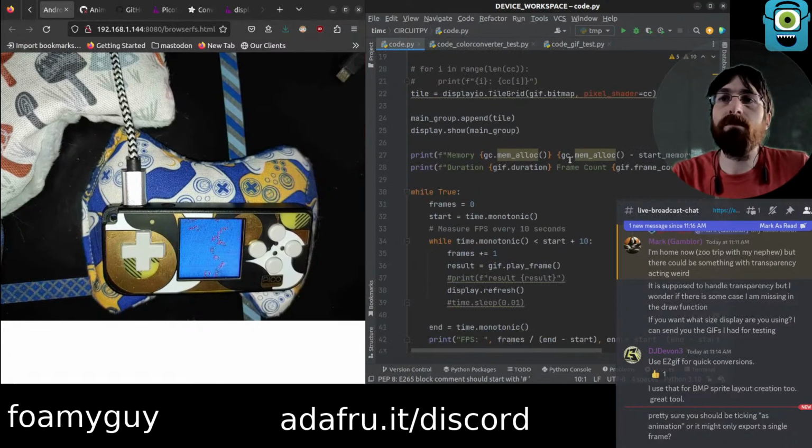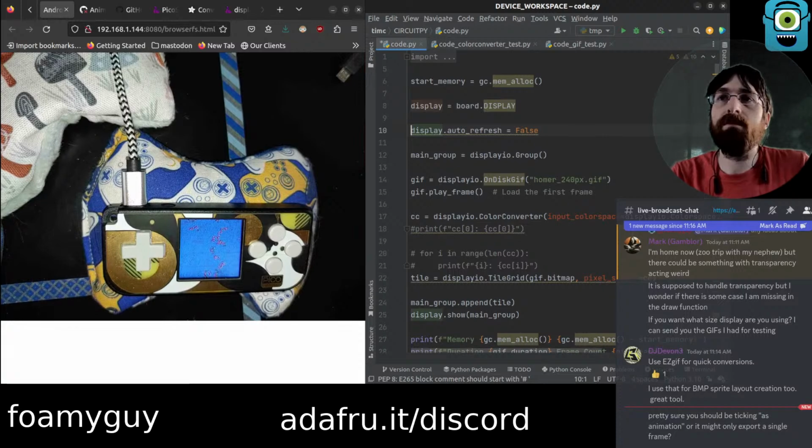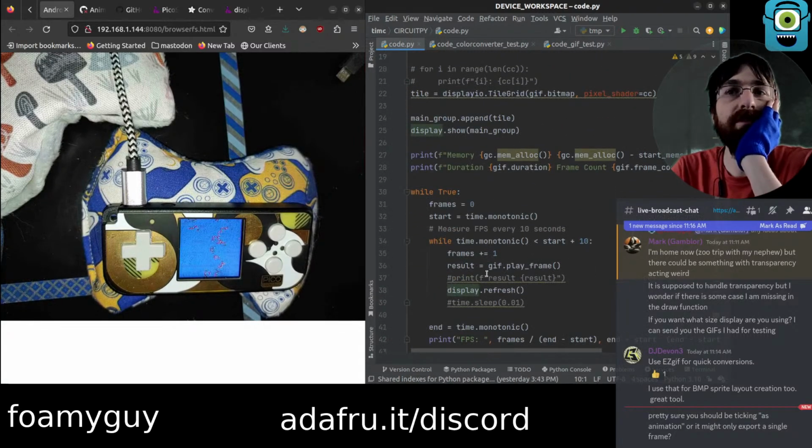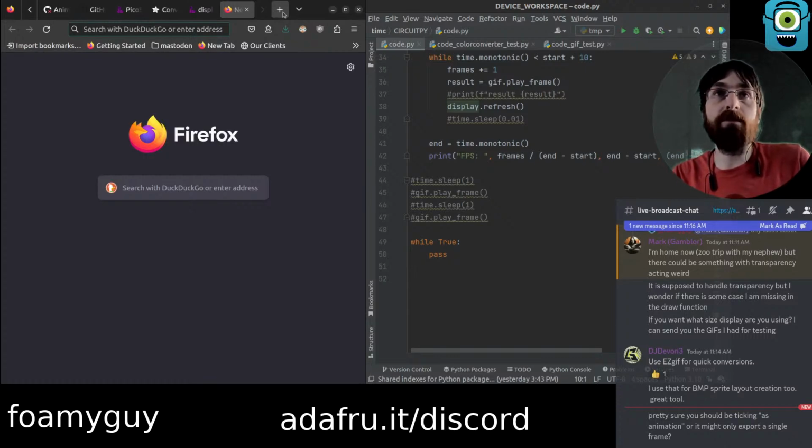I think this would be messing it up. Well, I don't know, we're still not moving. I think these GIFs that come out of GIMP are broken.